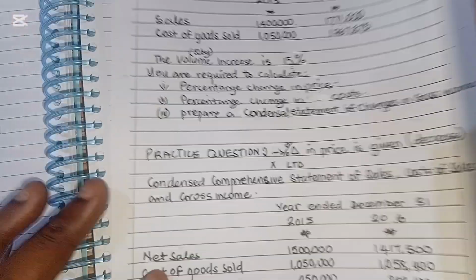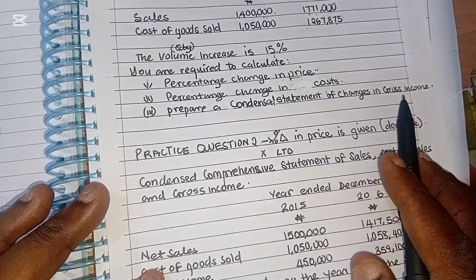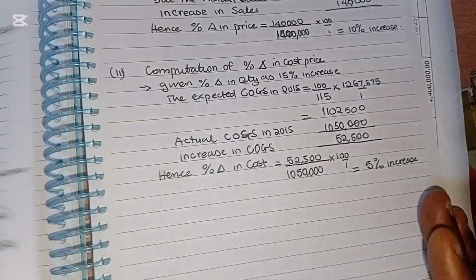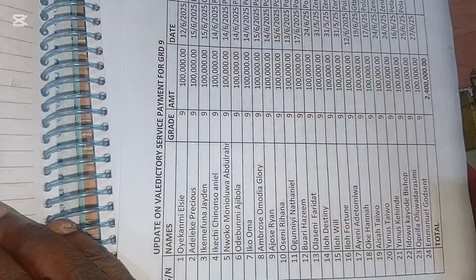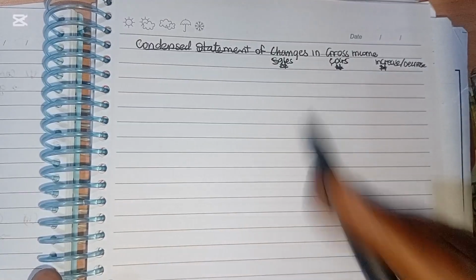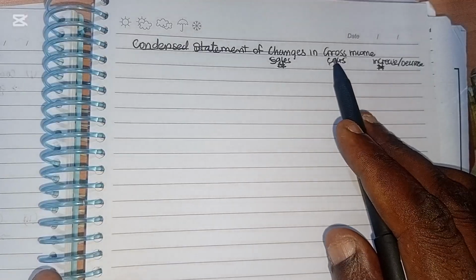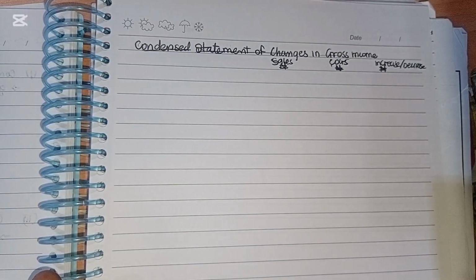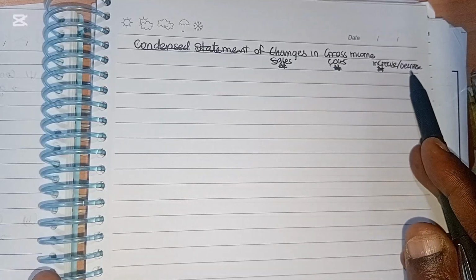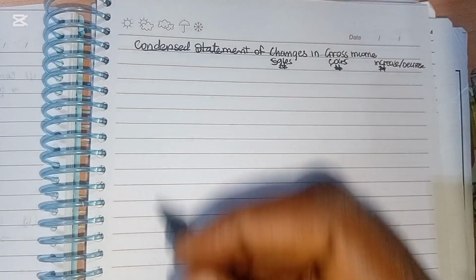Then the last one says we should prepare a condensed statement of changes in gross income. So to do that, it will be in this format. The first column for sales, changes in sales. The next column, the changes in cost of goods sold. And the last column will be the increase or decrease. Okay? So let us start with